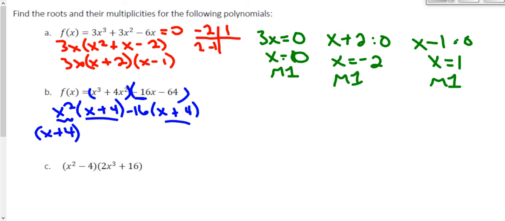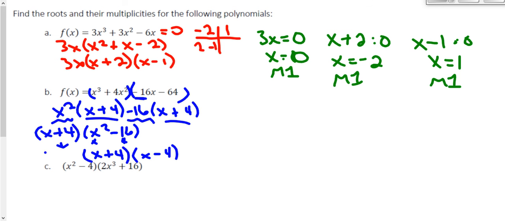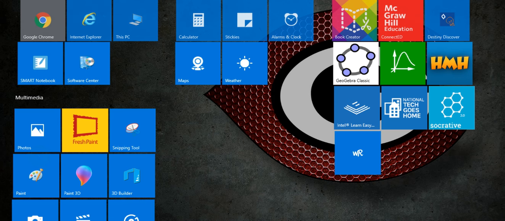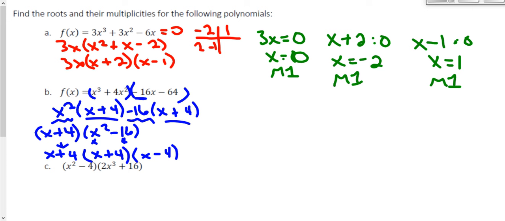And those aren't completely factored either. That's perfect squares, with x being squared and 4 being squared. So I can factor that as x plus 4 and x minus 4. And then include this x plus 4 from my original problem. Okay, this is now completely factored, and we can find our solutions by setting these equal to 0